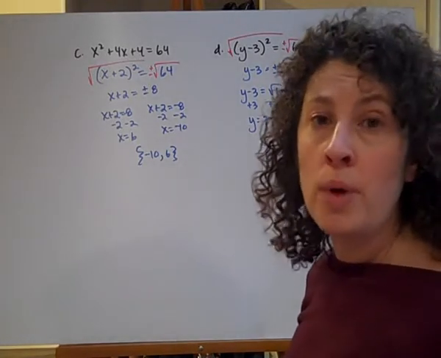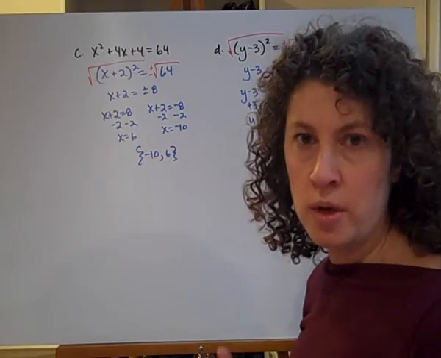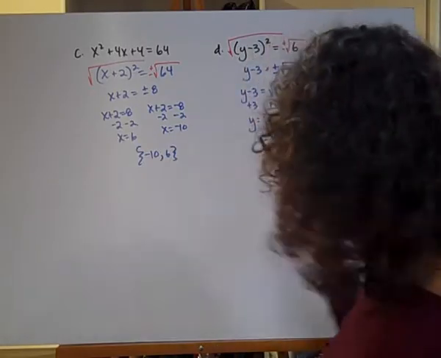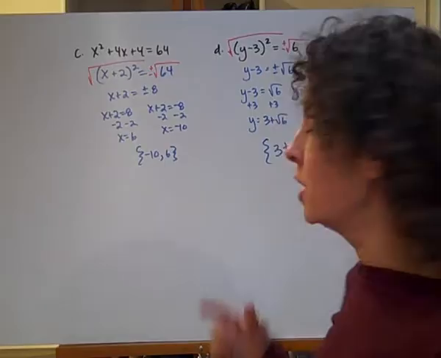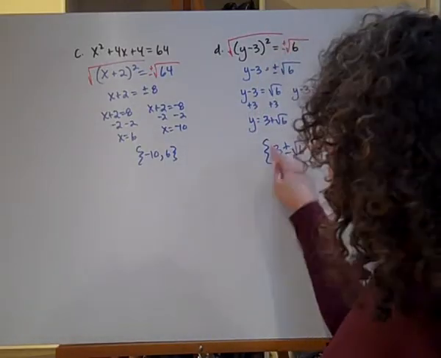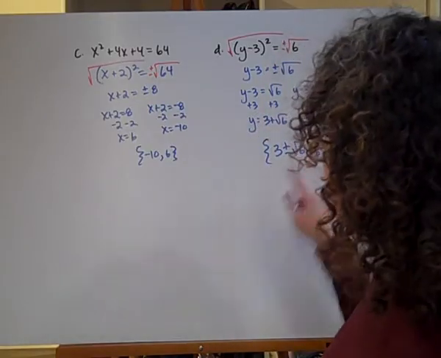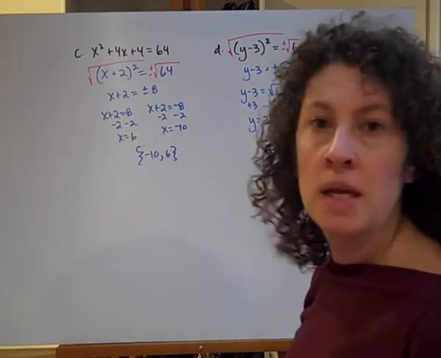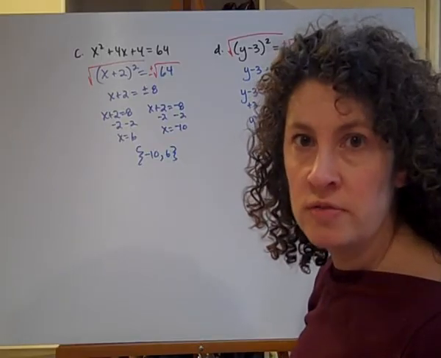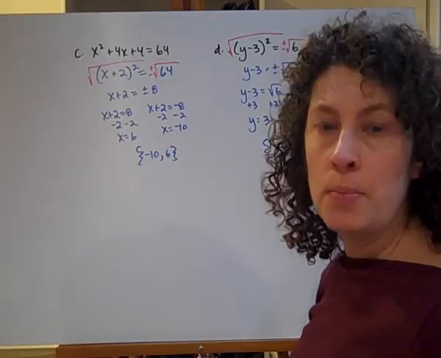Unless, if it's a word problem and we're talking about time or distance, then it makes sense to turn this into a real number. However, for what we're working with, where this is just kind of a naked equation where I don't really know what I'm talking about, it's going to make more sense to leave this in its exact form as that radical. So again, taking the square root of both sides of the equation, if I know that one of the sides, the side with my variable in it, is a perfect square.